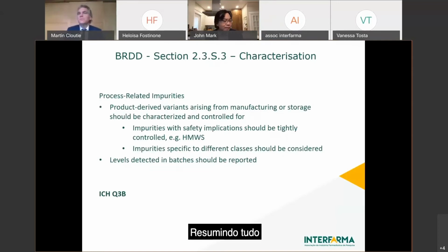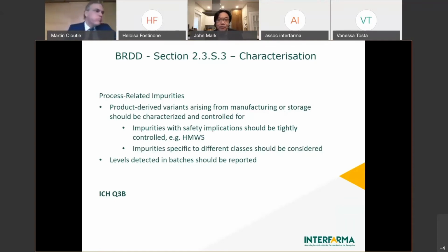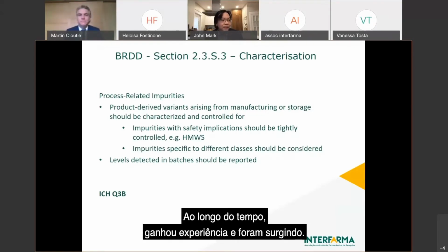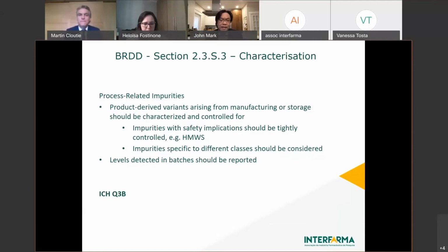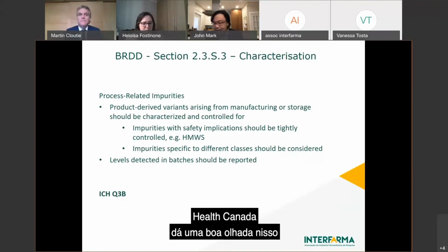The bottom line is Health Canada does consider ICH Q3 during clinical trial reviews. There are a lot of impurities that over time they've gained experience with, and they've seen issues arising. I think Martin had an example of residual insulin, which is often used as a growth factor in biologics. And I can't remember any specific examples, but Health Canada takes a close look at that because in the past